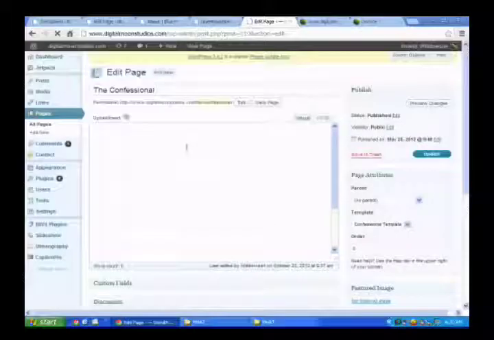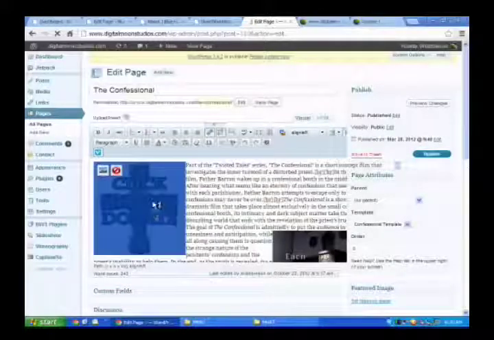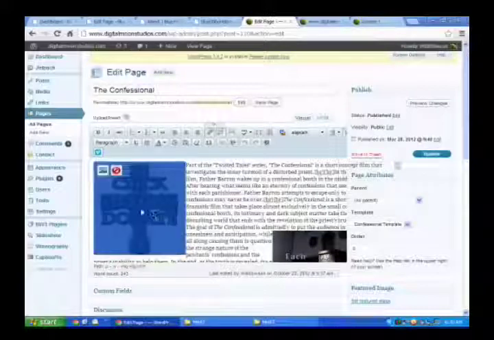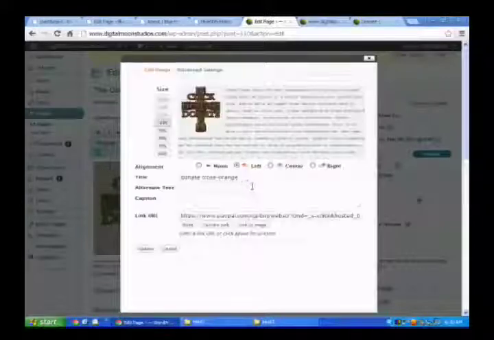I have to go to my confessional page where I had the picture of the cross. So I'll just go to the confessional page right here. Okay, if I click on that, then you'll see in the visual it'll bring up the graphic, and there it is. And see, it doesn't show the border, but like Bob said, it's kind of the default. But if I go here and click on this little edit image button, and I go to advanced settings,